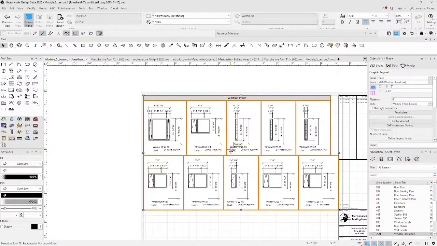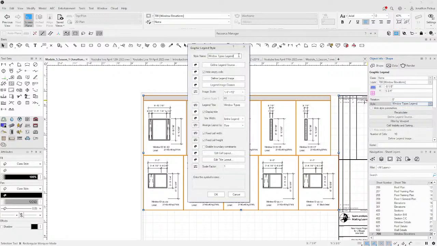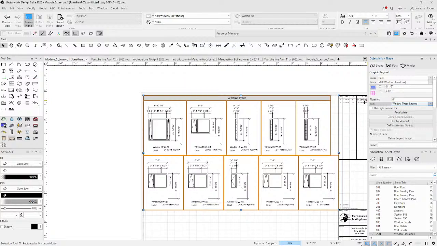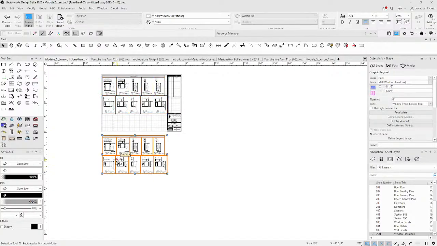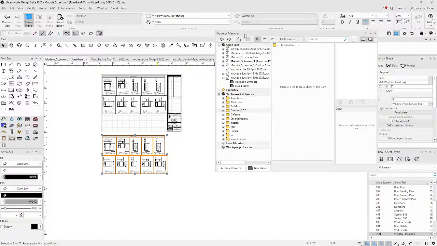So what we're going to do is change the name of this. We're going to edit the style up here. This is the window legend floor 1. Cool. So I'm just going to make a copy of the style down here, and I'm going to go to my resource manager. Now the window legends appear,